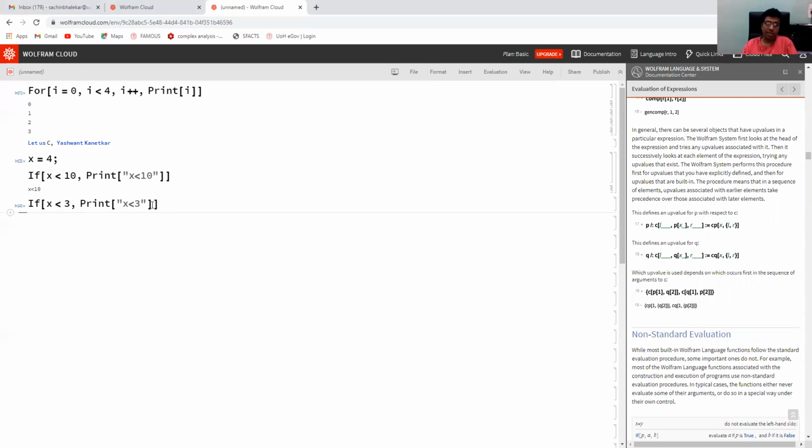But there is another syntax for If. I can again put a comma and write another thing. So what will I write? I will write x greater than or equal to 3.